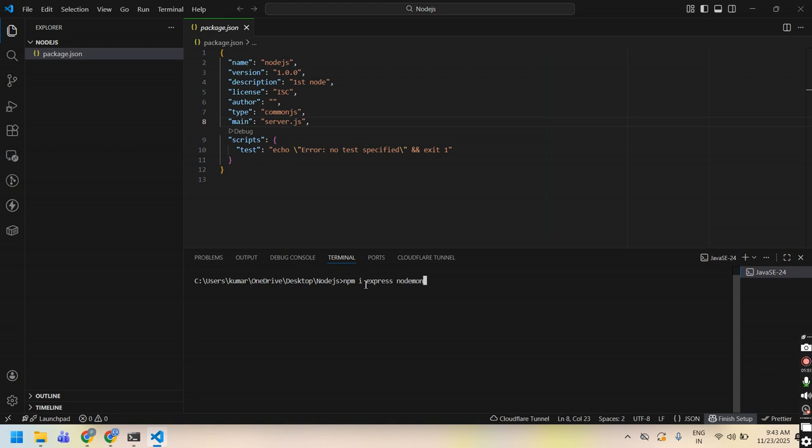And Nodemon, I'll tell you why we use Nodemon. And one more will install dotenv, because we are going to store our secret keys in the .env file. To access the .env file variables inside our project, we need to install this package. So let us install, and meanwhile I will create one file